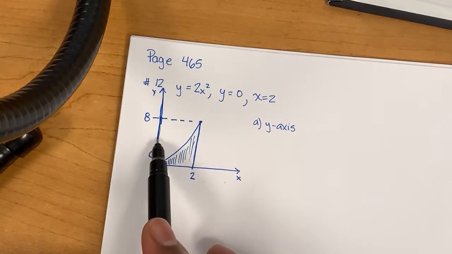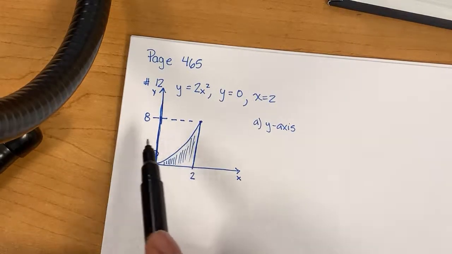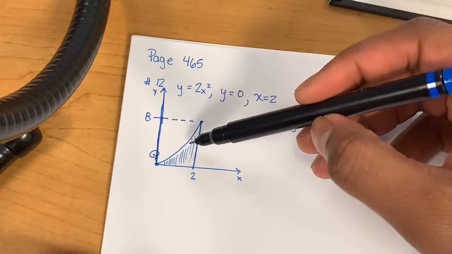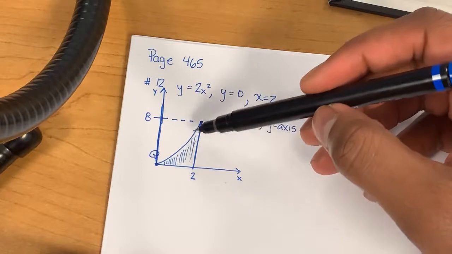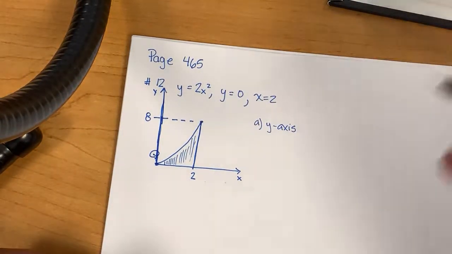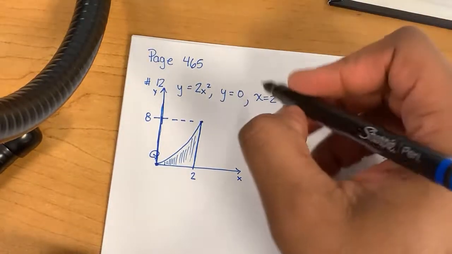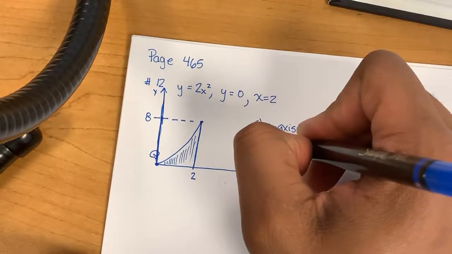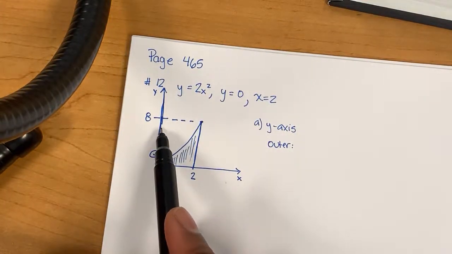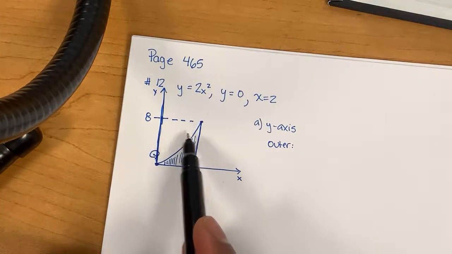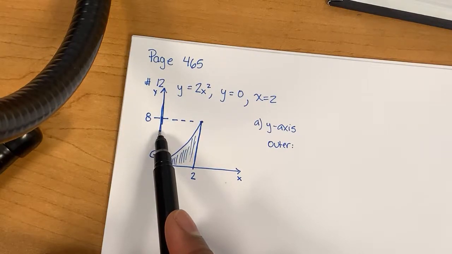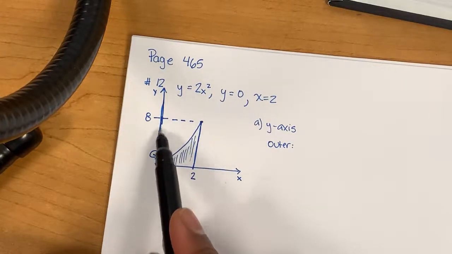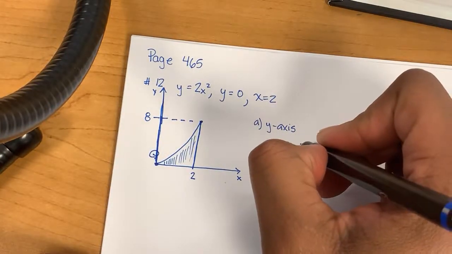If we rotate this shape around the y-axis, it is going to require that we use the washer method because we're going to have a hole in the graph, which means we're going to have an inner radius and an outer radius. So for part A, we need to determine our outer radius and our inner radius. The outer radius is always going to be 2 because the distance from the axis of revolution to the end of the solid is always 2, no matter where we are. So the outer radius is 2,